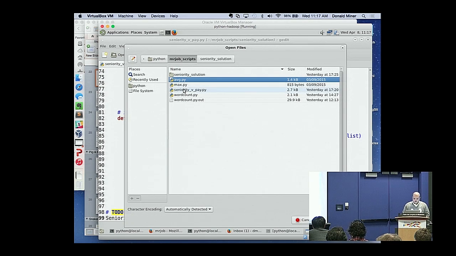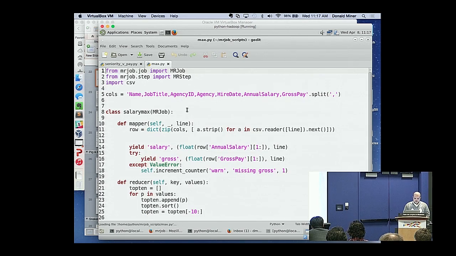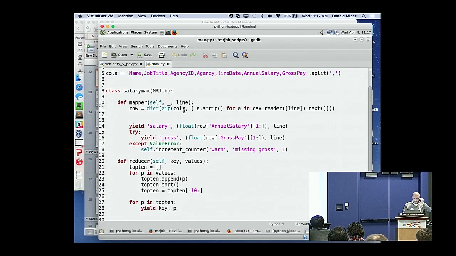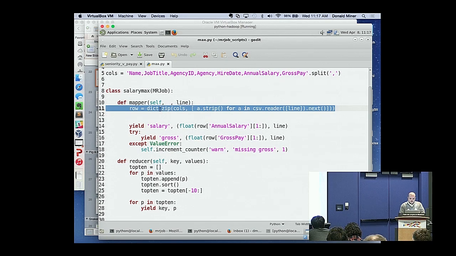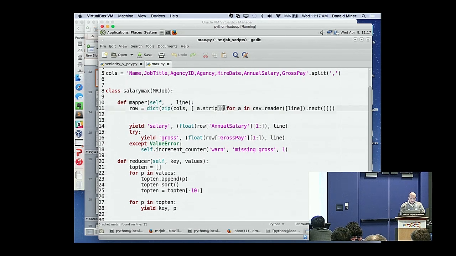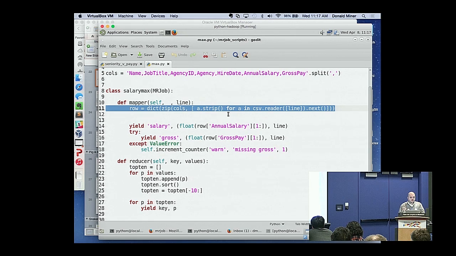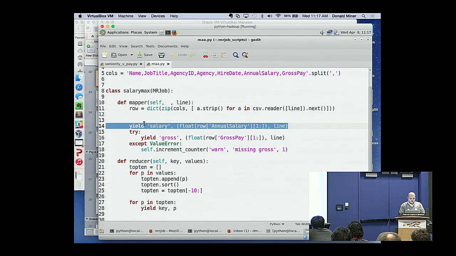All right. Well, let's take a look at Max. Max is pretty interesting. So, what Max is doing, so this dict thing, which is doing the zip and all this line comprehension stuff, I apologize for how awesome this line of code is. But effectively, this is parsing the line and then creating a dictionary out of it and passing it through a CSV reader. And so what this thing is going to do,